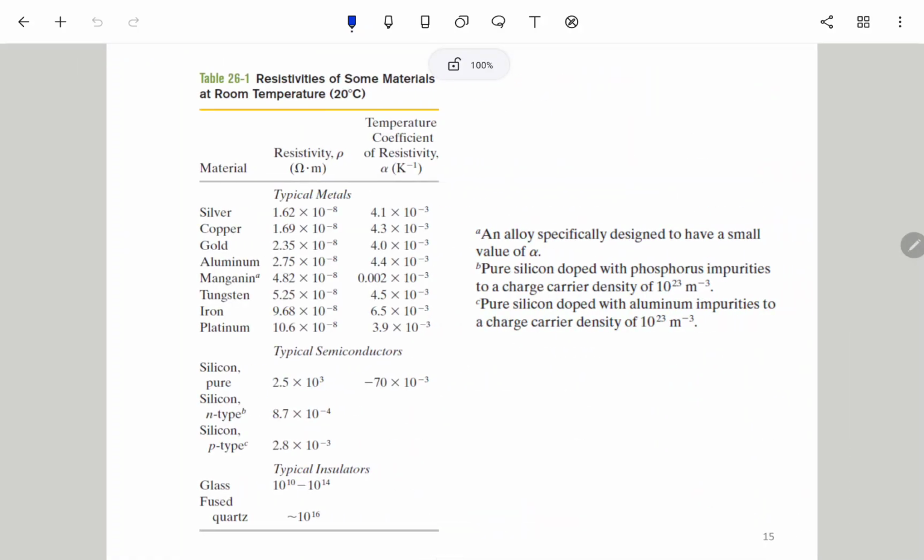Here there is a table about the resistivity for different materials. On the top part are typical metals. We have silver, copper, gold. If it is at home, probably we'll use copper as the wire, because